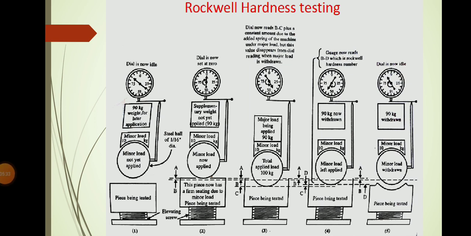In the first step, the specimen is placed below the ball indenter. Secondly, we apply the minor load over the ball indenter, so that the ball indenter applies a small amount of load, that is 10 kg, over the specimen, and the ball indenter will move inside the specimen through a certain depth. That depth is given here as AB. The dotted line B represents that the ball indenter has gone inside the specimen by that much dent. So that much depth we call the AB depth now.